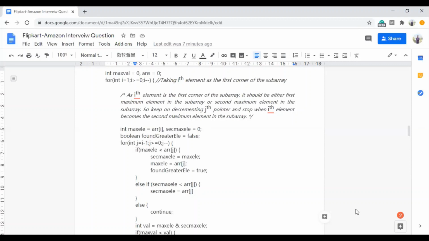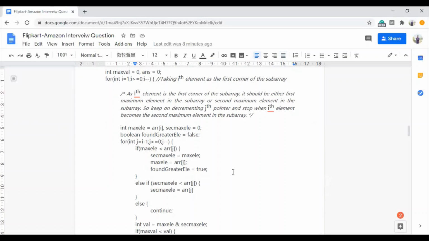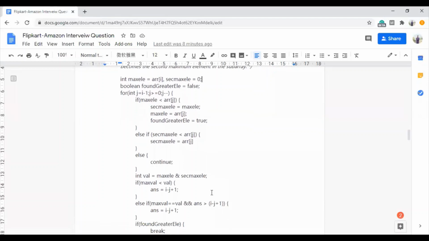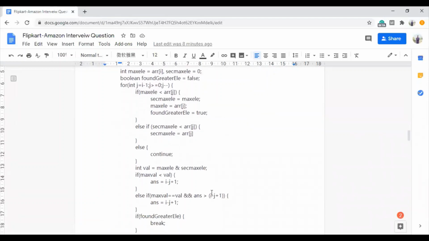So it should contain either the first maximum element or the second maximum element in the subarray. And as we discussed, we will keep on decrementing the jth pointer, which basically points to the second end of the subarray, the left end of the subarray, and we will stop decrementing the jth pointer. That is, we will stop increasing the length of the subarray, we will stop making new subarrays when the ith element becomes the second maximum element in the subarray. Now, as we did in the brute force solution, we are going to keep track of the maximum element and the second maximum element in the subarray while building the subarray.